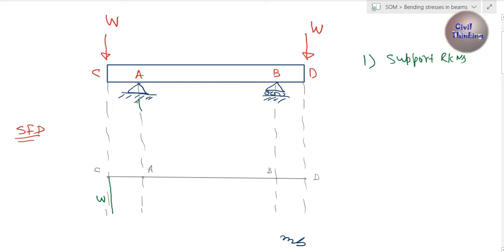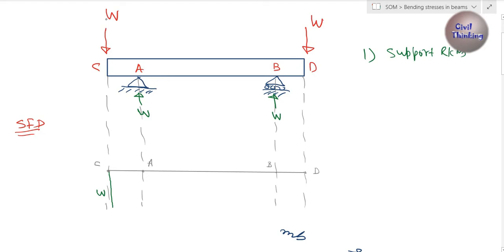Okay, here is one reaction, here is another reaction. Now the total load is W plus W, which is 2W, and they will be distributed half and half. 2W by 2 is W, and here is W too. Again, if you don't know the shear force diagram, please watch my previous video lecture series on how to draw the shear force and bending moment diagrams. Anyways,